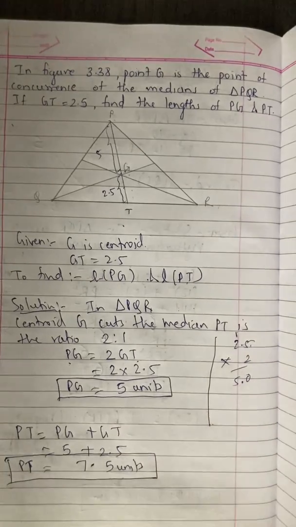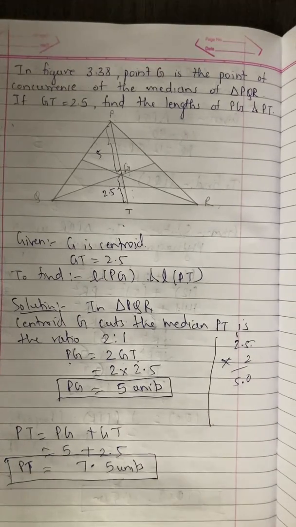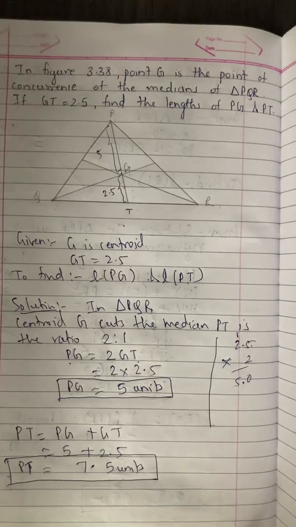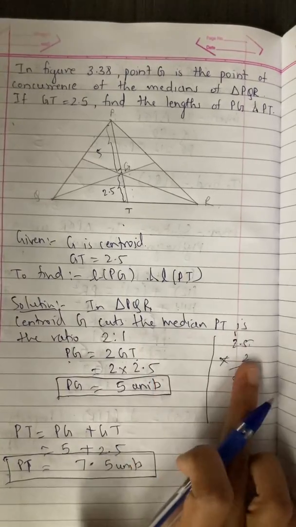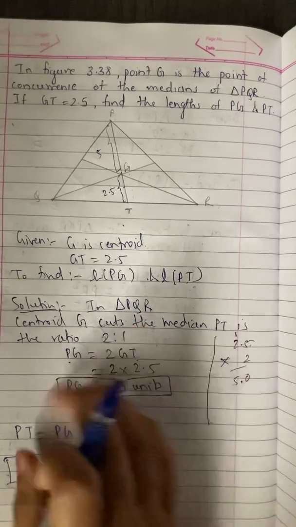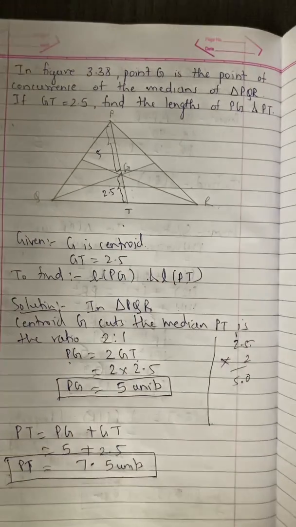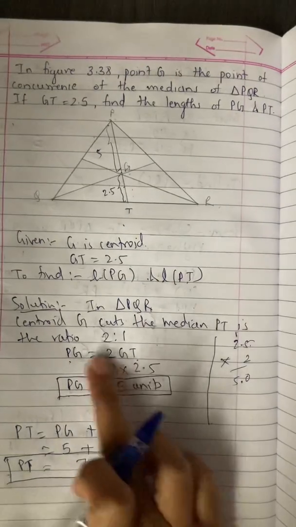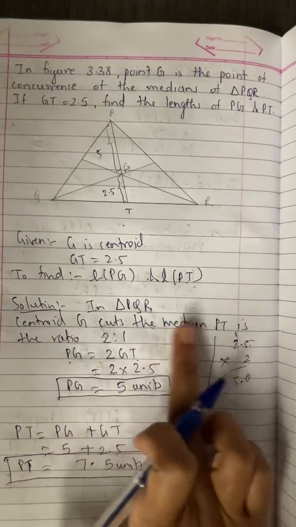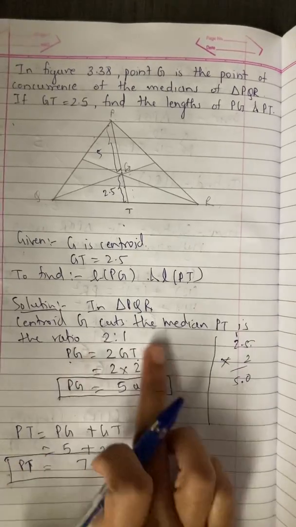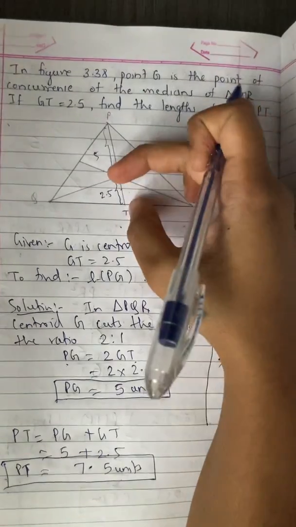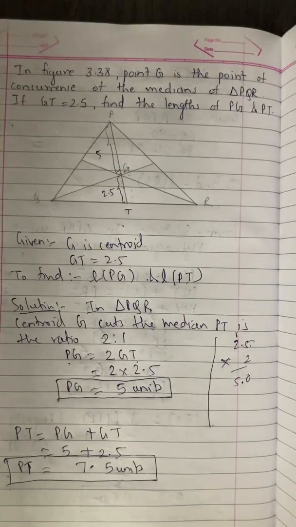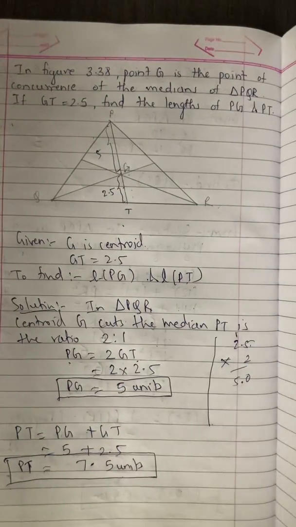So you can see here how easy these sums were. You can easily solve and score full marks. Just your properties should be clear and you should know how to write down the reasons. Here also I have not written it in the bracket, but I have mentioned it first. Wherever you can, just mention the reason, how the formula comes. So if G is the centroid, it cuts the median always in the ratio 2:1. So the bigger part is 2 times the smaller part. Okay? So that's how we find out all the lengths.